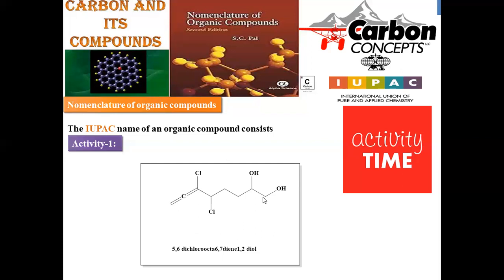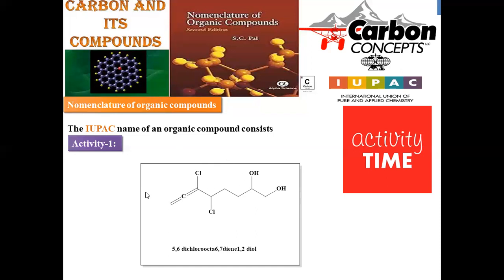When COOH is there, COOH is higher priority. Later on aldehyde, later on ketone, later on ester, and then hydroxy will be there, double bond will be there, triple bond will be there. That's the reason why numbering will be given from this right hand side. 1, 2. On first and second carbon atoms, we have hydroxy. This is the primary functional group in this compound. OH is the primary functional group, then the suffix will become ol. So on first and second we have 2 hydroxy, so that it will become diol.